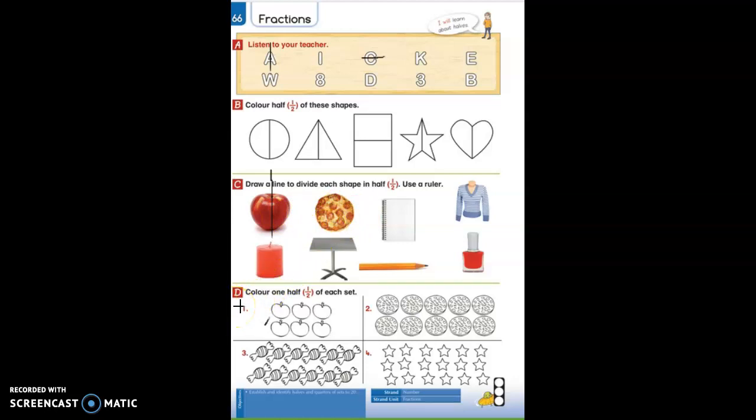And last section, section D, color 1 half of each set. So if we look at question 1, we have 6 apples here, and we are asked to color in 1 half of each set. Now, if you're not sure what 1 half of 6 is, if you look at the bottom number, which is 2,